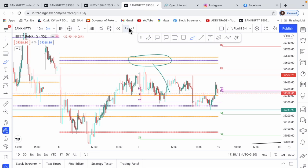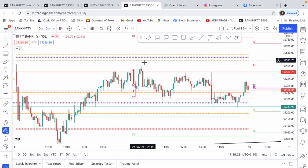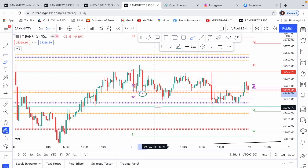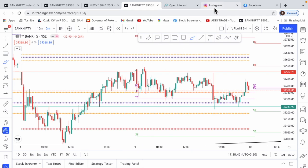This is the trade that I could take. I was waiting for a touch of this weekly CPR to short if we got a rejection candle, but on 5 minutes, we got this beautiful bearish inverted hammer, the red candle that I marked. After that, I took a short position and exactly covered at the pivot point. This one candle was the one good trade that we took today,